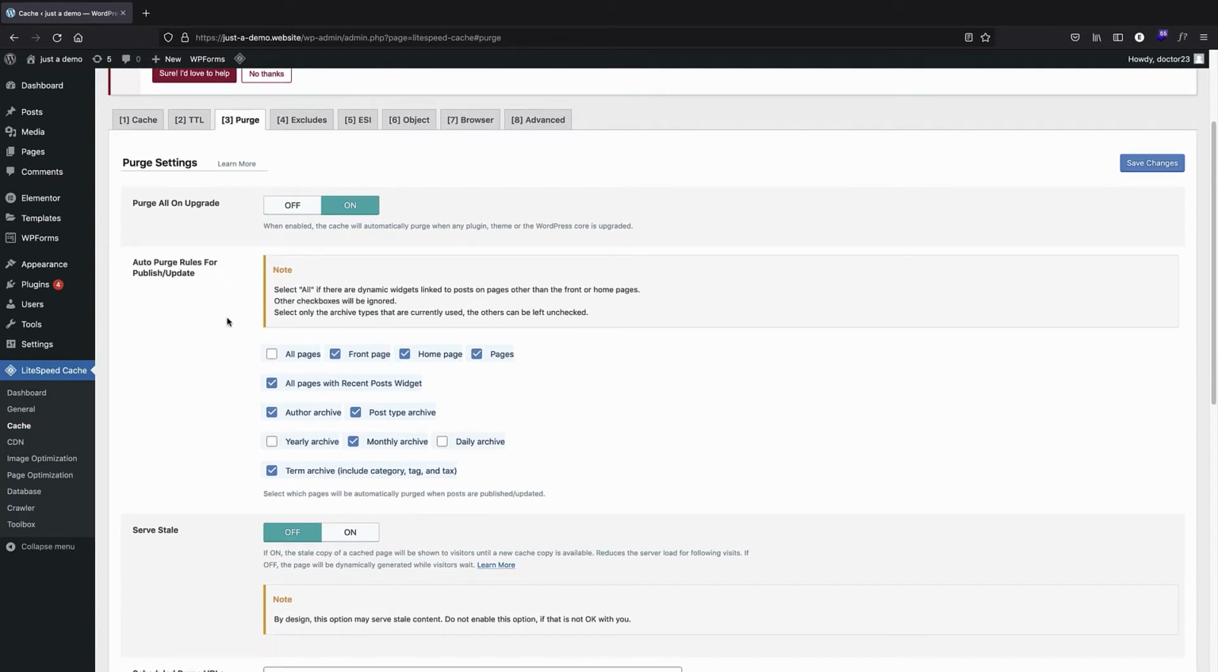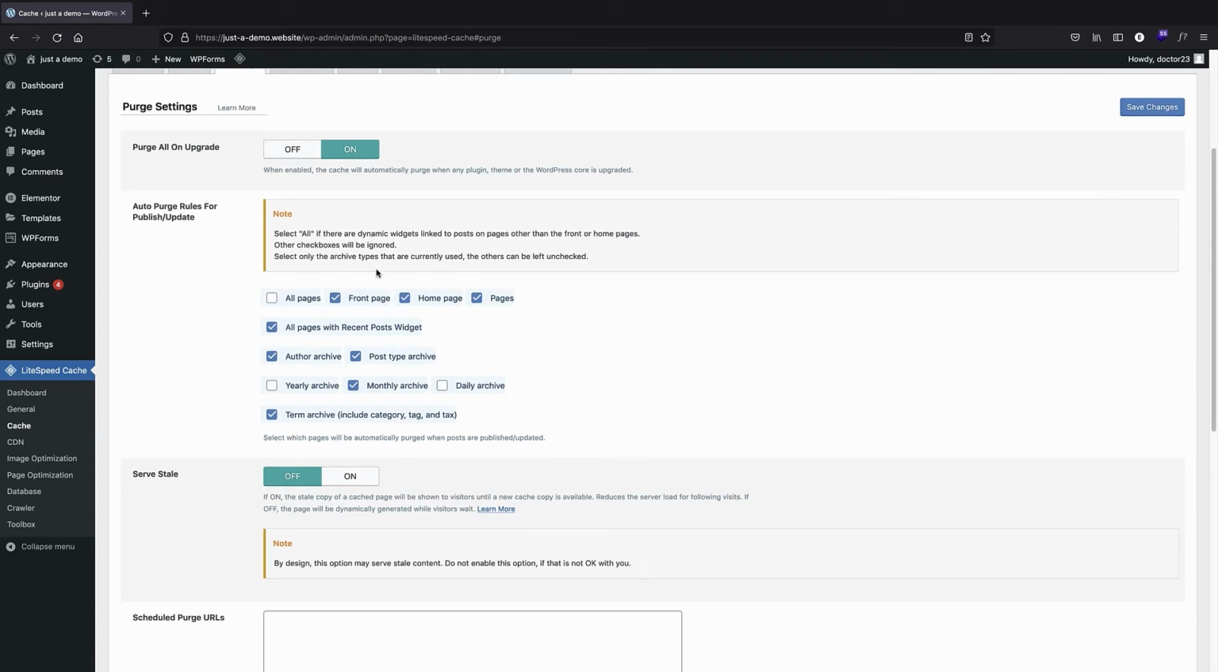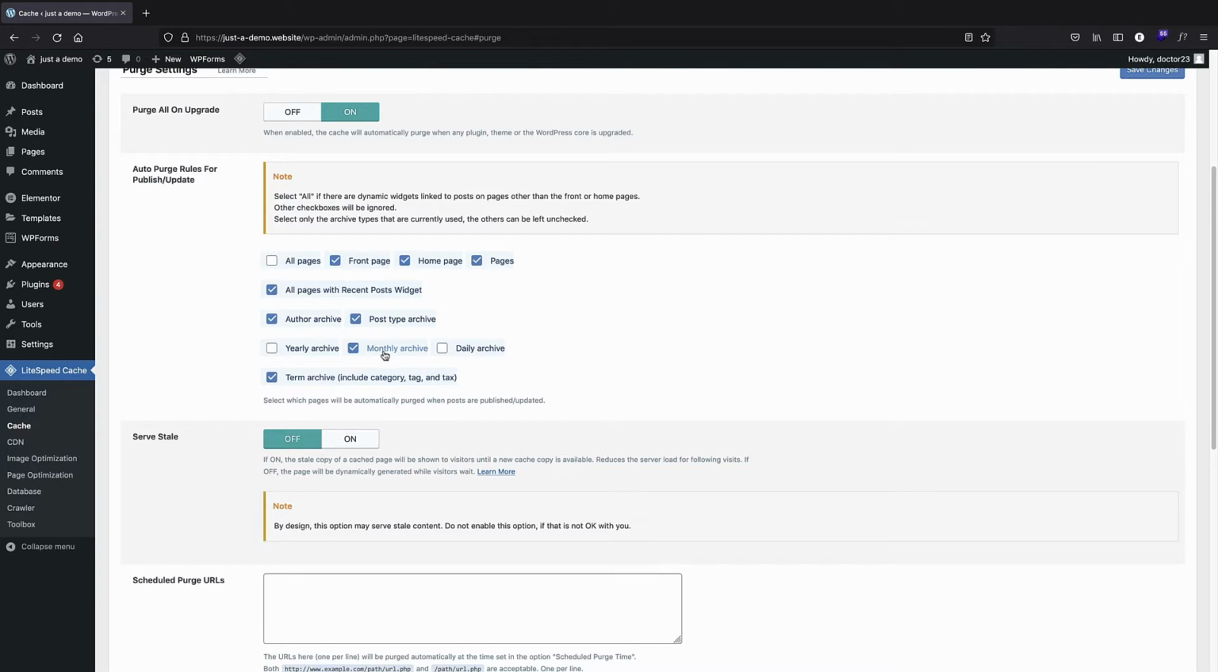And the second option here is auto purge rule for publish or update. By default, this plugin will purge some pages like the front page or home page whenever you publish or update a post or page. And why is it doing this? Because your front page might link to your posts or pages. So maybe you have links in your front page and you are showing the content of your posts or pages, or maybe you are showing your latest post. By default, these options are all good and necessary. And I think you can just uncheck monthly archive if you want, but it's just fine and